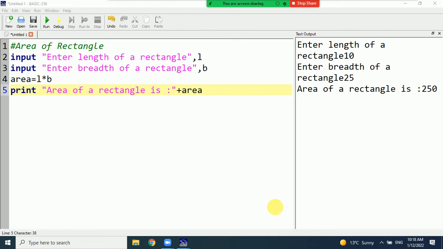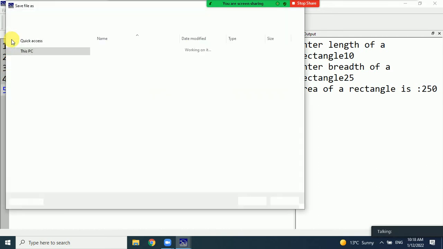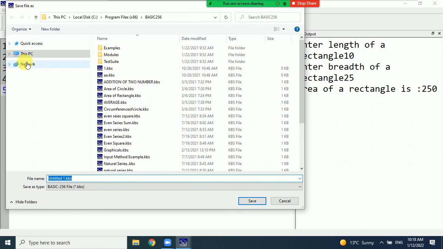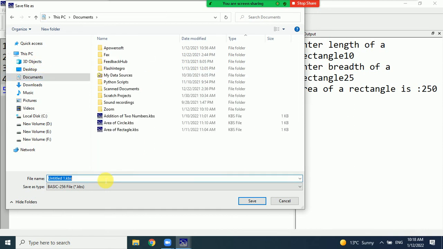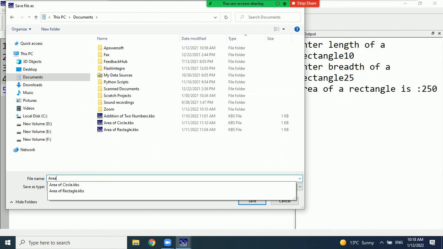So, do you know how to save? Click on the file menu, select save program, and give the name of your program as the file name, area of a rectangle. I have already discussed this in the previous classes. Yesterday you have seen the program here. So area of a rectangle,